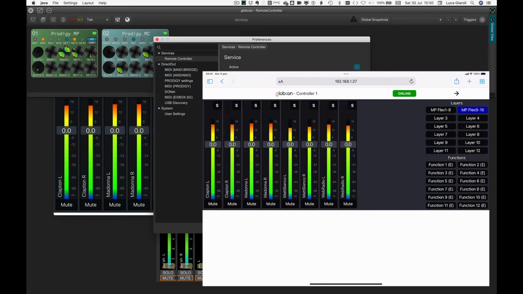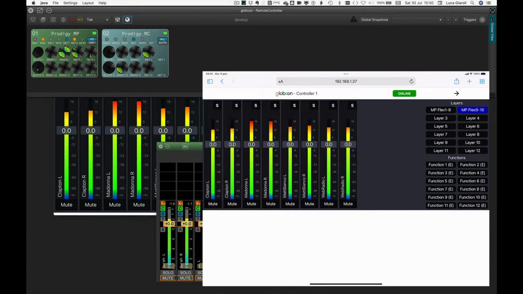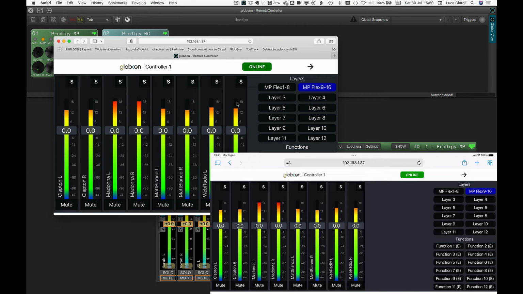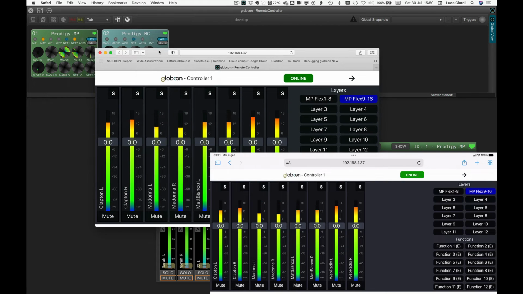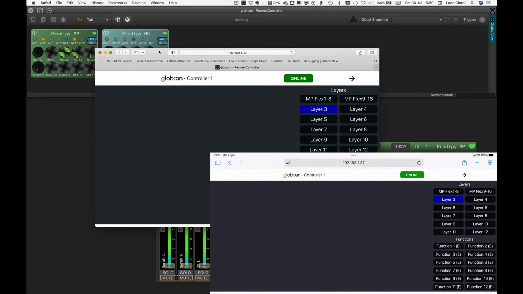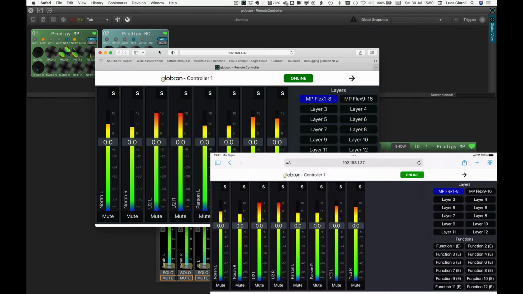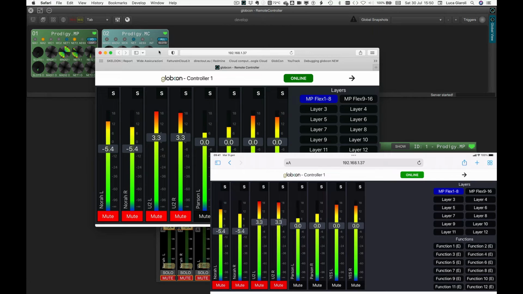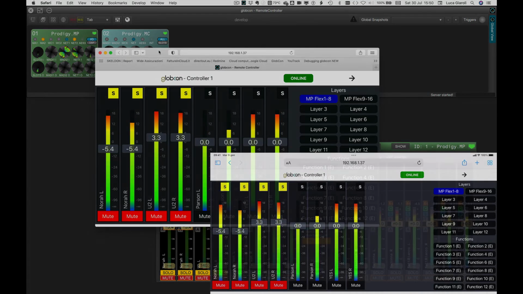Globcon controller is now running on both the browsers, the one on the iPad and the one on the Mac. We could add as many browsers as we want, using any kind of tablet, smartphone, or any Mac, PC, or Linux computer. We just need a standard internet browser.